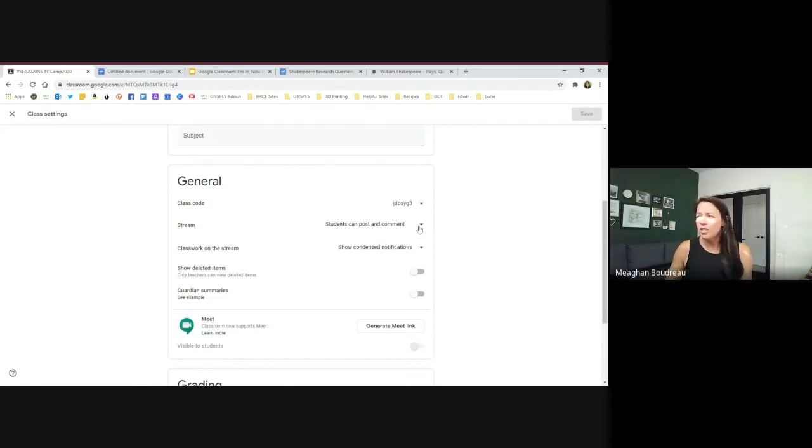So my suggestion is, when you first create your classroom, to come in here and make it so that only teachers can post and comment. It just locks it down so that it's a straight-up work thing. Now, maybe at some point you do want them to be able to post. You can go in and change this, allow them to comment, and then once that commenting is done, you can go back to